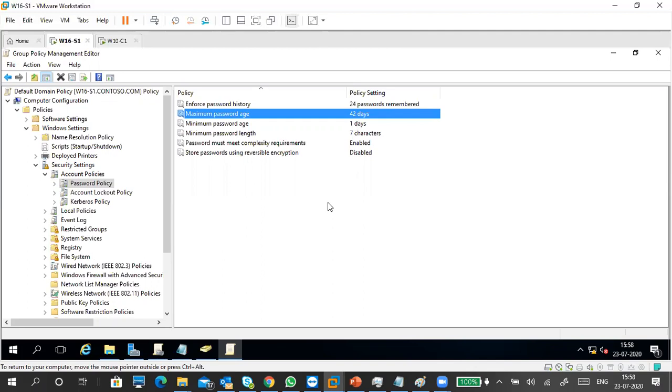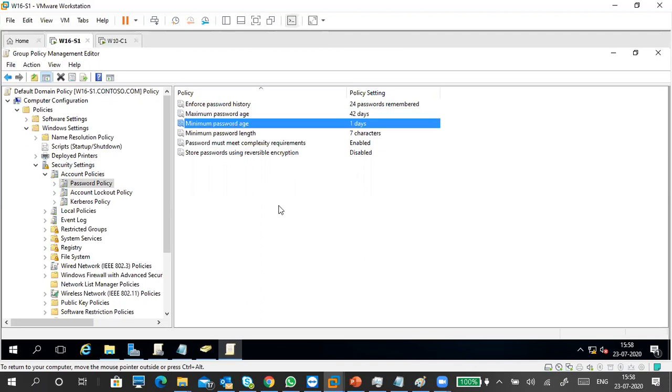If you take bank accounts, every 180 days the bank password will expire. Okay, every 180 days the bank password will expire, right? Minimum password age. Some password freaks are there. This is for lazy people. This is for freaking people. I'm a lazy person, so I don't want to put a password first of all. And next, if I put a password, make it permanent, not required to change at regular times.